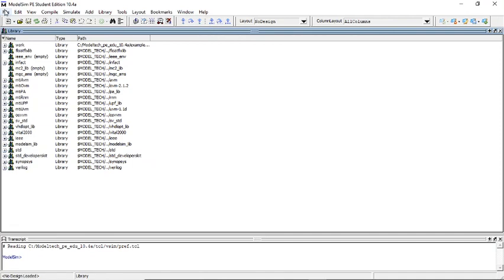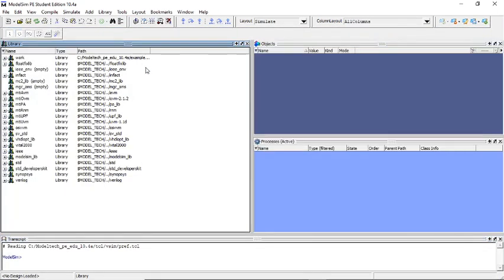We'll create a new project or new file using the file icon. The Compile icon is used to compile the code, the Simulate icon is used to simulate the compiled code, and the Layout icon is used to change the layout of the window. Initially no design layout is selected by default, but we are going to compile and simulate the VHDL code. Let us select the simulate layout. The simulate layout looks like this.